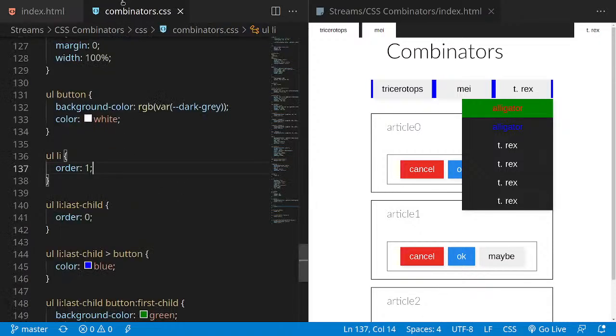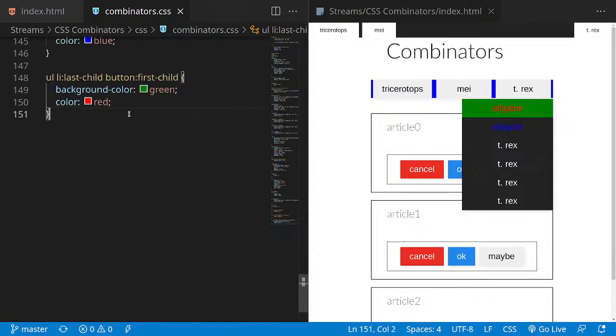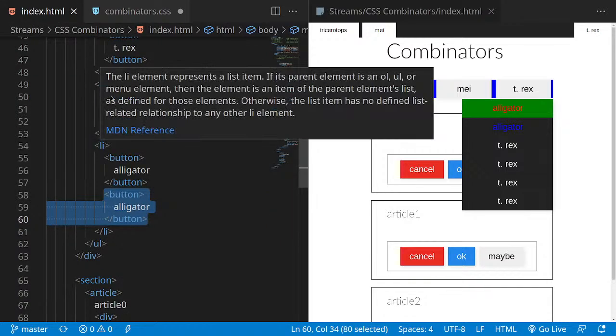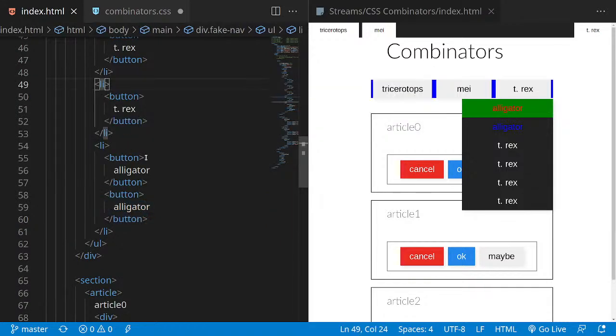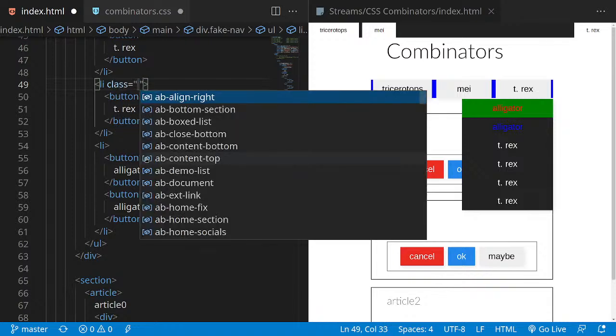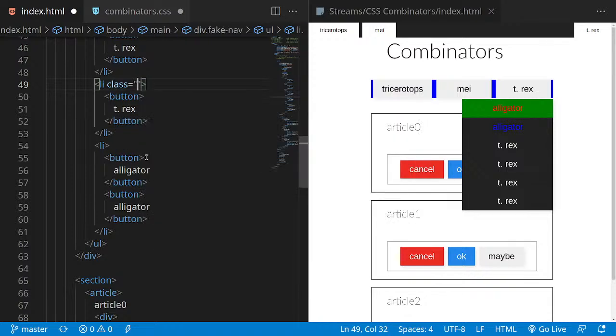But I'm going to make this even more complicated by adding a sibling selector to our code. So let's go with, well, in fact I need a class for this, if not it's not going to work as I want. I could use nth child and figure out which child it is, but I don't want to do that. I don't want to use any math right now and confuse us even further. So let's just put